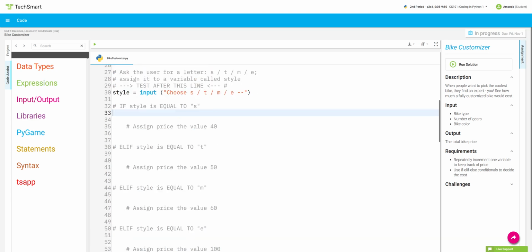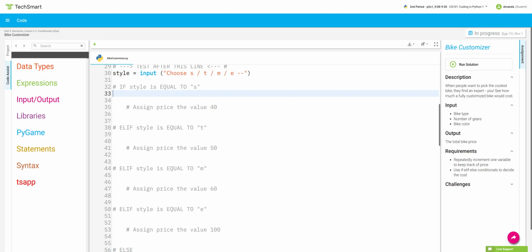Now I get into my conditional. Let me just scroll this up. So it says if style is equal to S, so if style equals S colon, assign price the value 40. Tab over, price equals 40. Elif style equals T, don't forget to tab over, price equals 40. Oops, not 40, 50. Do as I do, not as I say. Elif style equals M colon